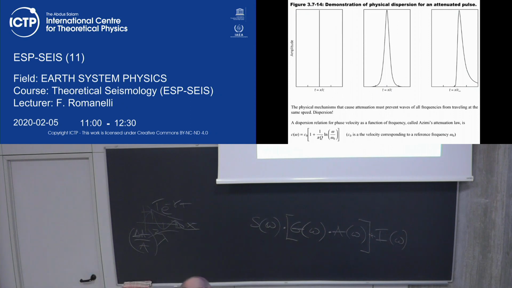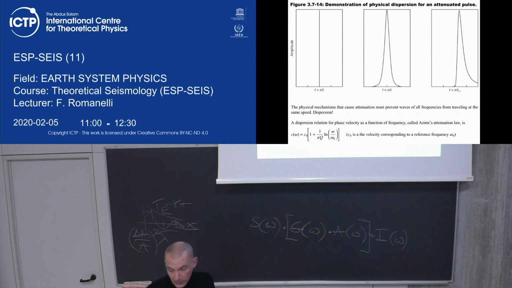Again, these slides are coming from your textbook, so you can relax. You can check they're coming from these details there. If you want the demonstration of this, you can take Aki and Richards, and you have 5 pages. This is called Azzini's law. And it has been found in the 60s and in the 70s by different research teams applying different methods.